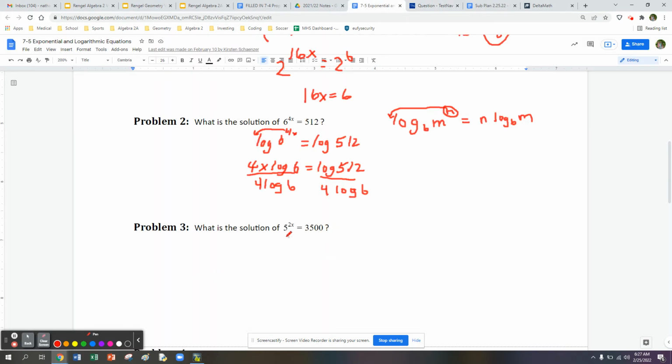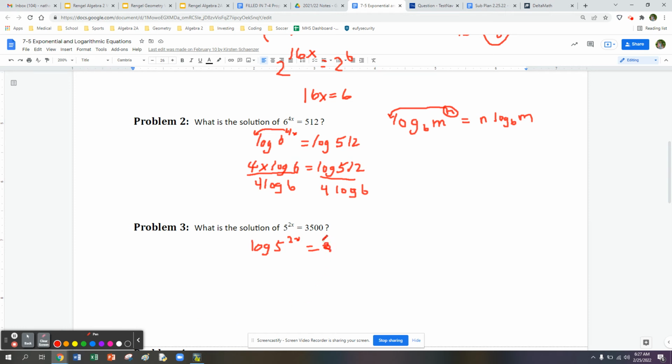All right, let's head back then. We'll look at example 3. So what is the solution of 5 to the 2x equals 3,500? We'll start by logging both sides. And as you start to get this step down, you'll be able to streamline this. We could just put that 2x out in front right away. So log 5 to the 2x equals log of